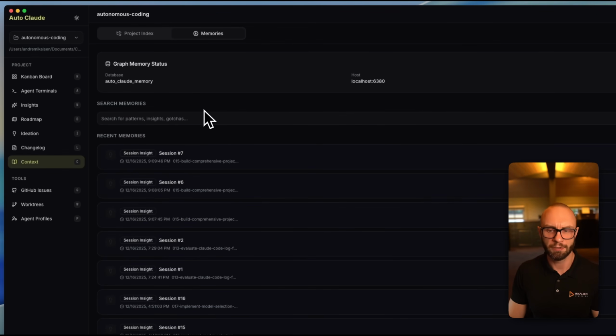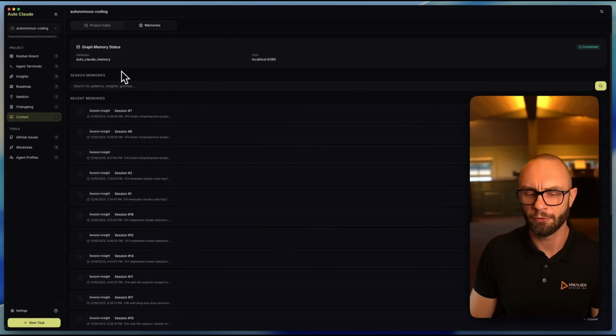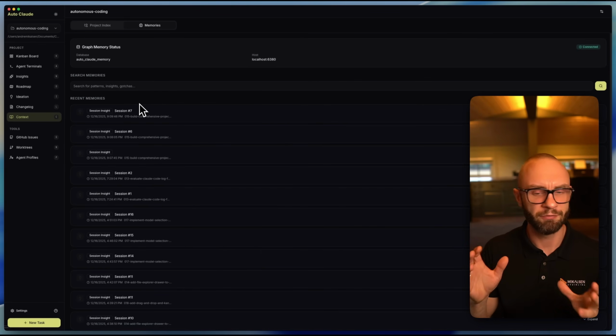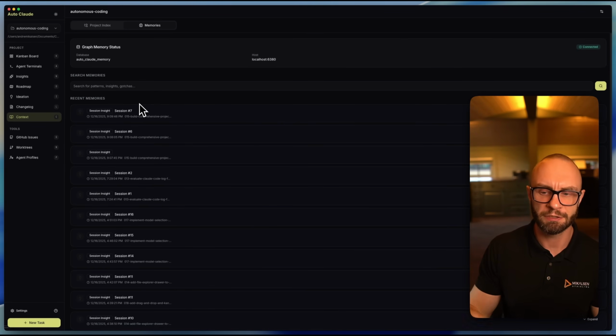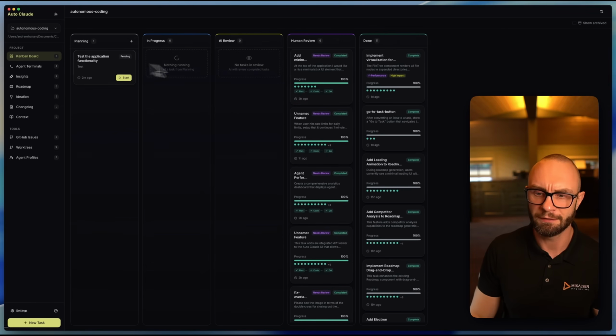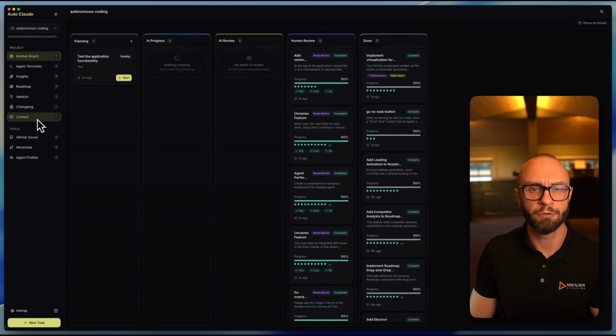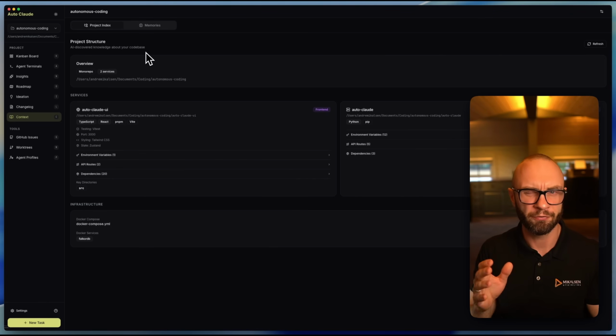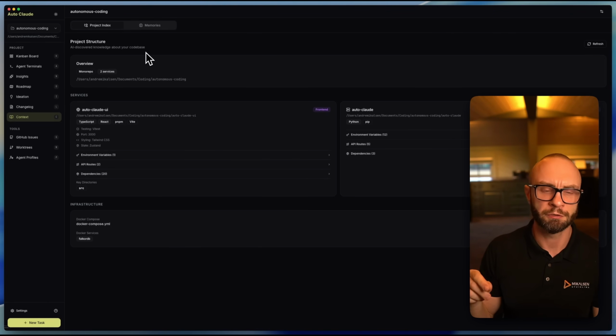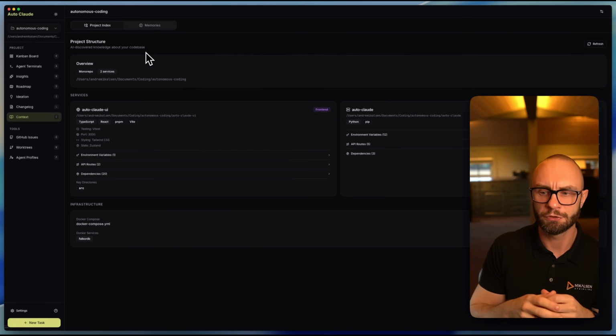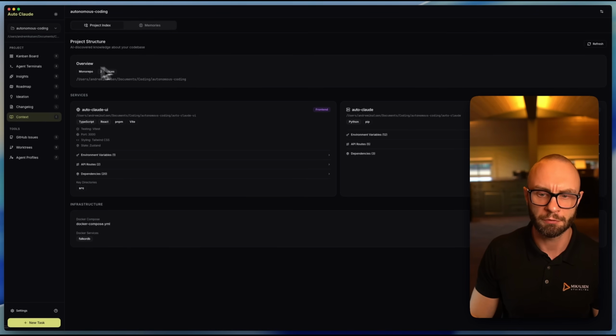And something we're working very heavily on is the memory system. It's a graph memory system, also incorporated with semantic RAG. If you don't know what that means, it's basically that we have different methods for letting the AI know about your project. And as you're working with tasks here, the more you use it, the smarter the system becomes. For people who have a little bit more knowledge about context windows and token usage, the more you use AutoCloud, the smarter it becomes at retrieving context with smaller token usage. So it will become cheaper to use AutoCloud over Claude Code when you use it over time.